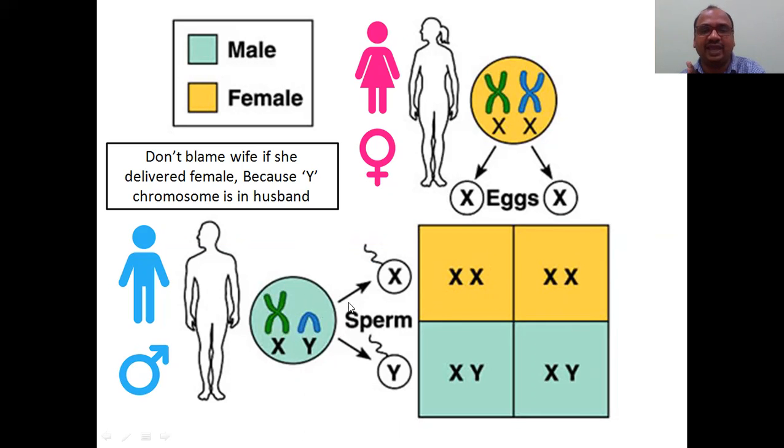So see here, XY in the sperm, that is in the male. You are giving either X or Y. If you give a Y, you will get a male baby. If you give an X, you will get a female baby. However, ladies have XX only, so they will give X chromosomes only. Keep in your mind, XY is male, XX is female. And this is the symbol of the woman, and here the arrow mark is for the men.